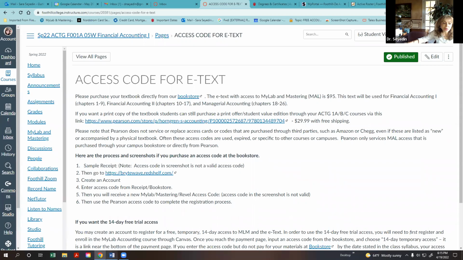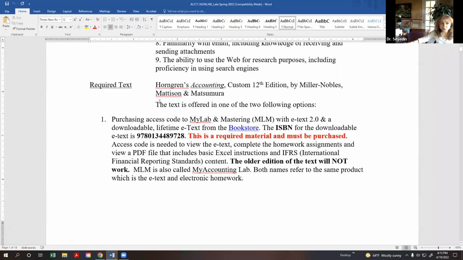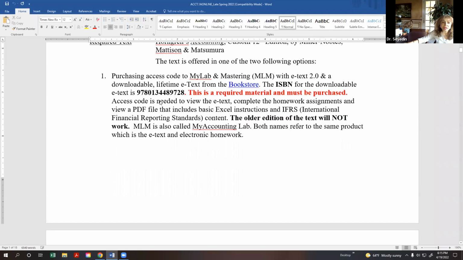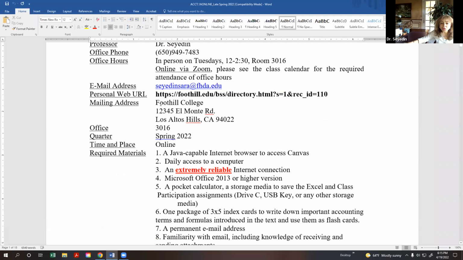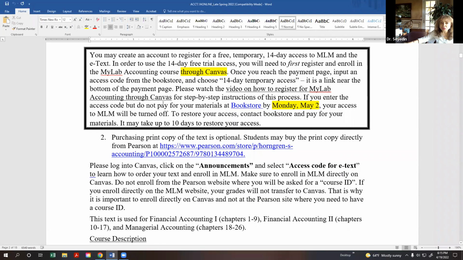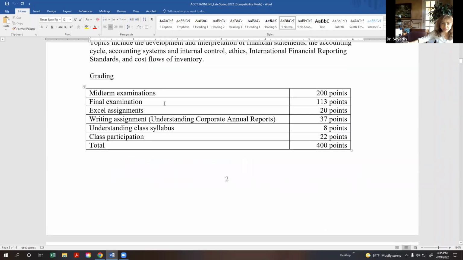All right, so let's go back to, we talked about what you need to buy as far as required text. And then let's go back to how I will be grading you this quarter. There will be 2 midterm examinations. Each one of them is worth 100 points. Each one consists of 40 multiple choice questions. The questions are very similar to questions that you will be doing as part of